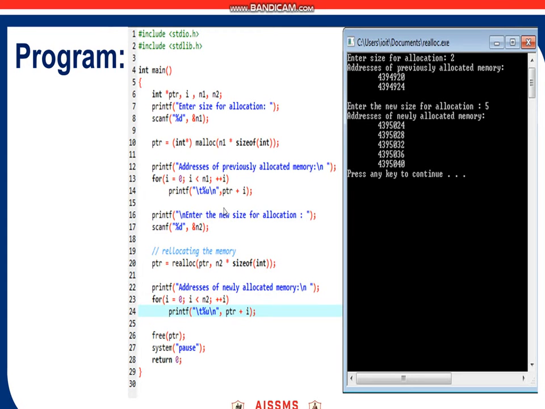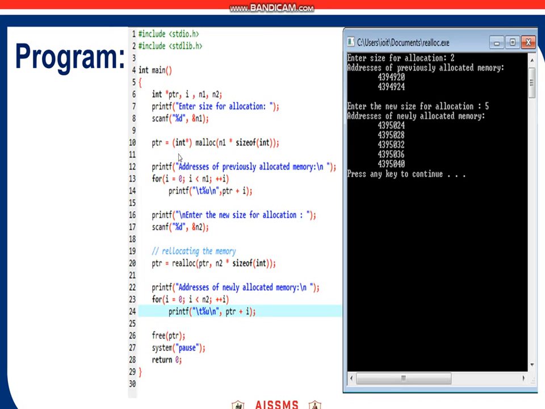Okay, you can see in this program also, first we ask the user to enter the size for allocation. The user gives the value, which is put into n1.